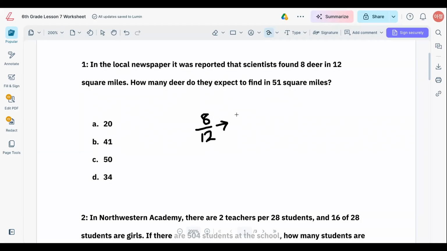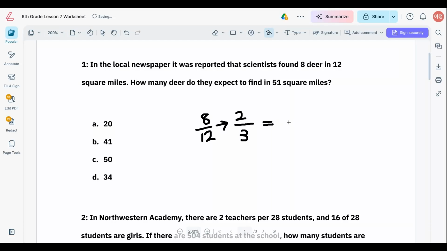Divided by 4, you get 2, and dividing by 4 again on the bottom gives 3. So 8 over 12 is the same thing as 2 over 3. It's just simplified. And now using this simplified ratio, 2 over 3, let's find